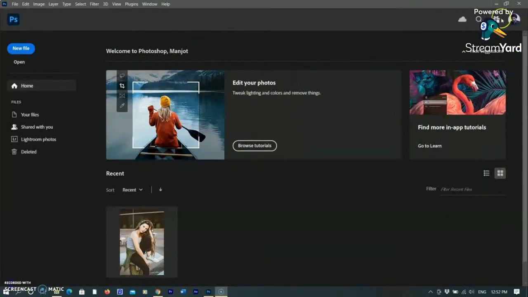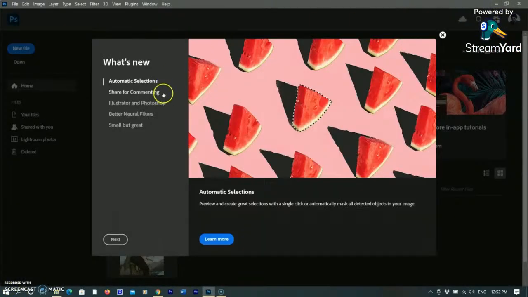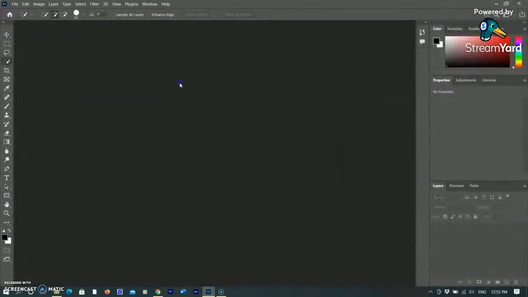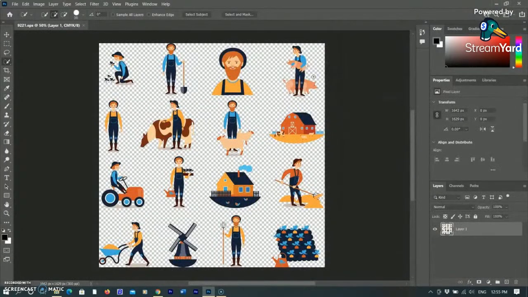Now come to the second update, and that is improved interop with Illustrator. Illustrator and Photoshop allow you to enjoy interactivity and easily bring AI files with the layers, vector shapes and path and vector mask in Photoshop that you can continue to edit and work with. When we open any EPS or Illustrator image in Photoshop, it opens a single